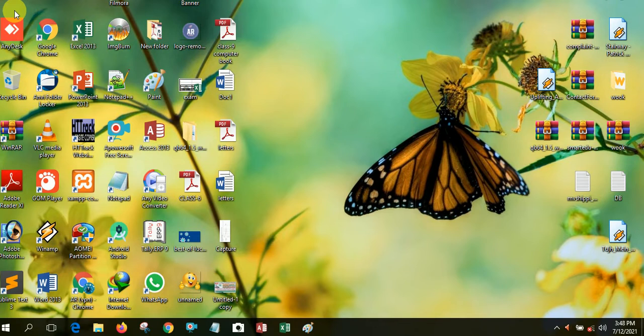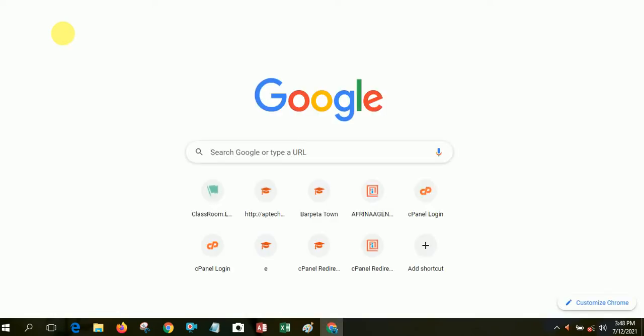Next is processing. Processing helps us to process in our computer system. When you open any application or document in our computer, the computer takes some time, we already know. So it's called processing. Suppose you can see on my screen, I want to open this Google Chrome application in my computer. When I open it, you can see my mouse cursor is rounded, and then Google Chrome opens. So the computer takes some time when I open Google Chrome or any application in my computer system. It's called processing.